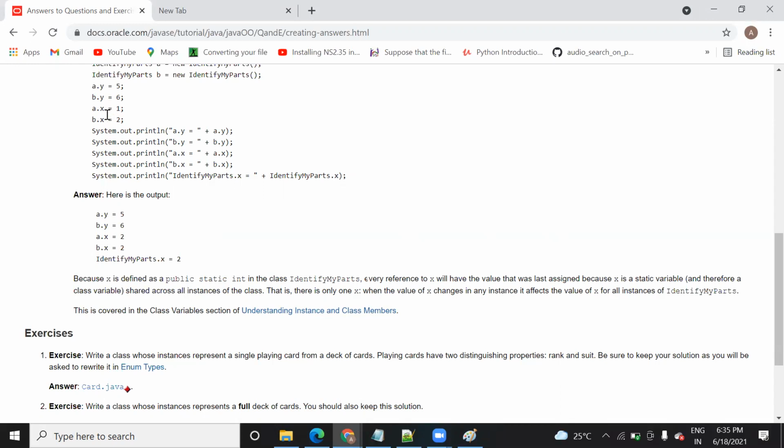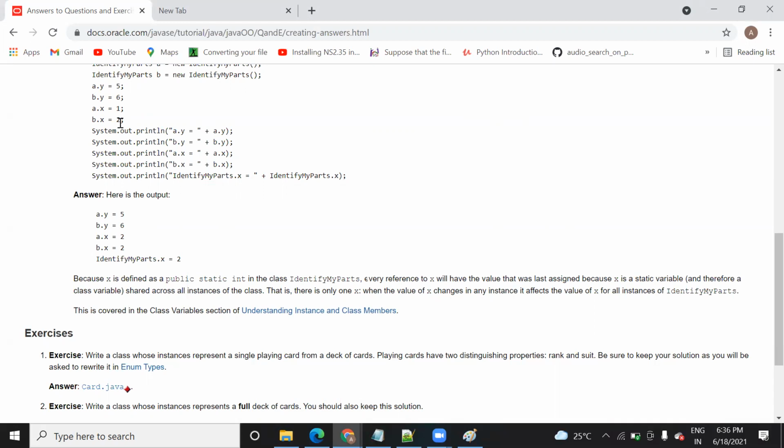So, simple logic: if they ask you how these values are changing, this is a very important question from the interview perspective. If you want to reference that static variable, you will get access to the latest value. Why? Because static variables occupy the same memory reference, and when the compiler accesses this x variable, it will get the latest value, because the a and b objects have the same memory reference. So they will change the value of this variable x with the latest one.